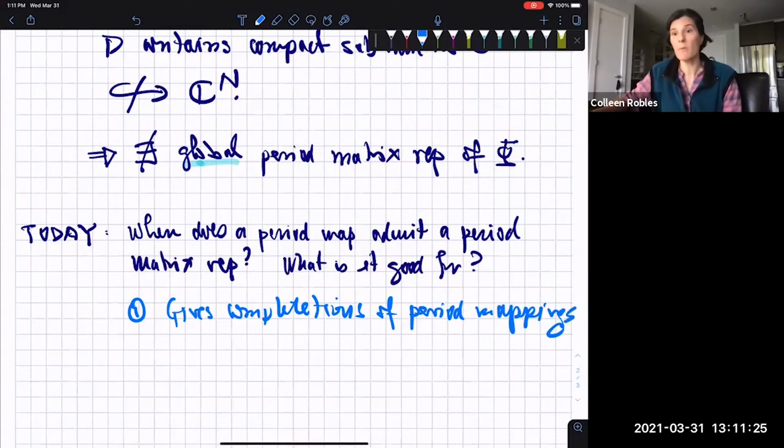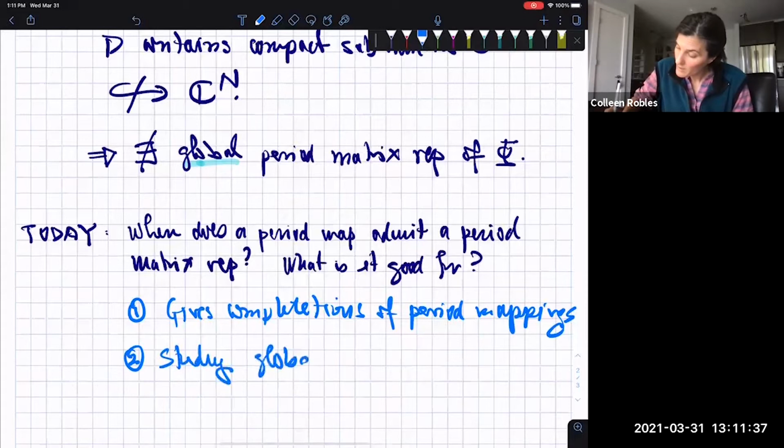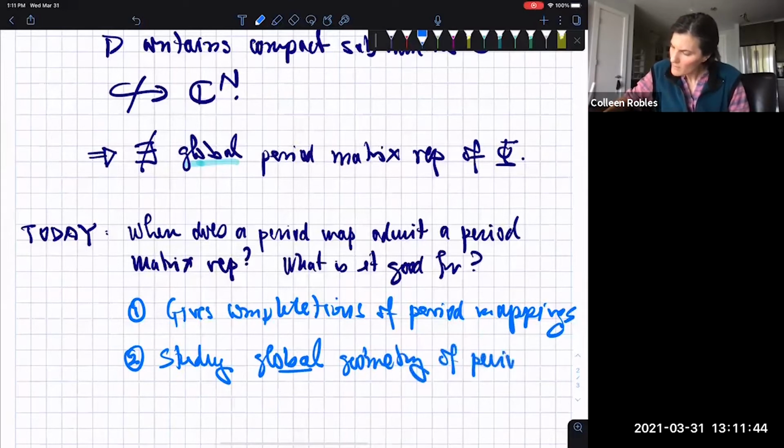That's the object that we want to study compactifications of moduli spaces. And it gives us one handle to study what I'll call the global geometry of period mappings